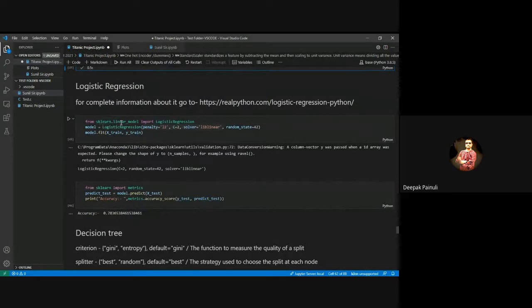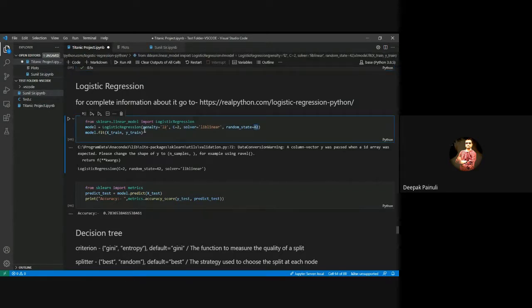From sklearn.linear_model, I'm going to import LogisticRegression, right? I have stored it into model because logistic regression is a model. You can see there are some arguments like penalty, C, threshold value, solver, random_state. See, I am again using 42.